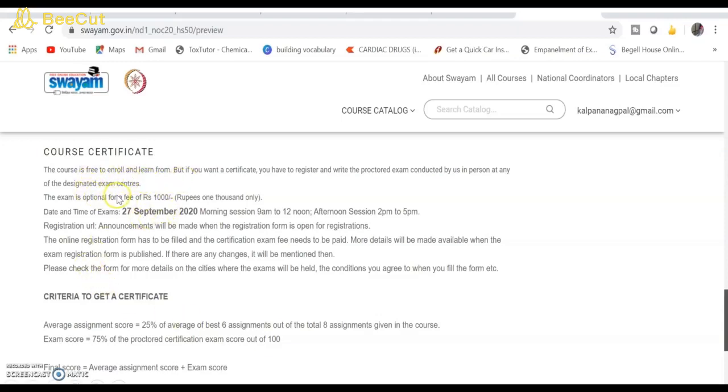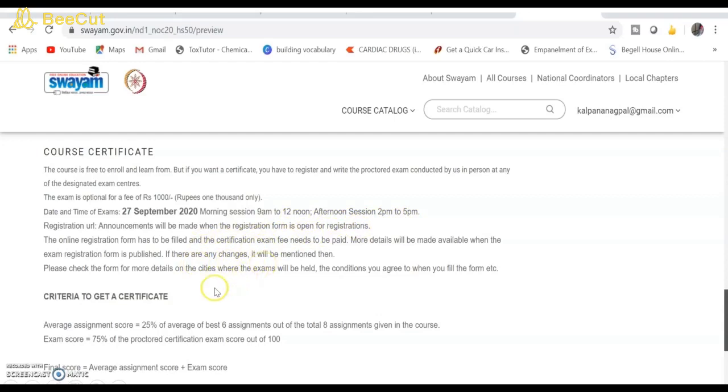But if you want the certificate, you have to appear for an exam which costs you 1000 rupees. The date and time of the exam has already been declared, that is 27 September 2020. Morning session 9 to 12 and afternoon session 2 to 5. You can choose, and that protocol and those announcements will be given once you get enrolled for this particular course.